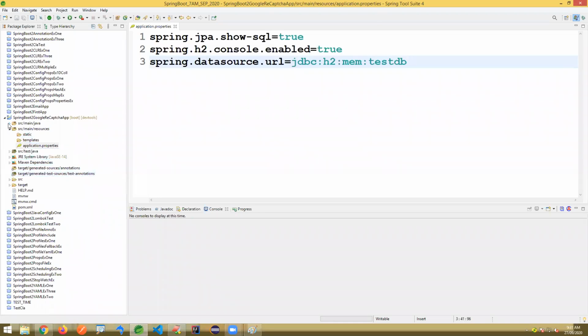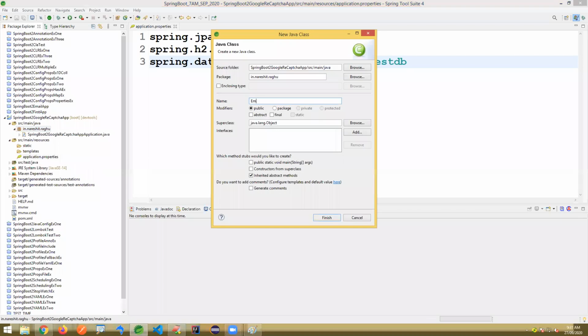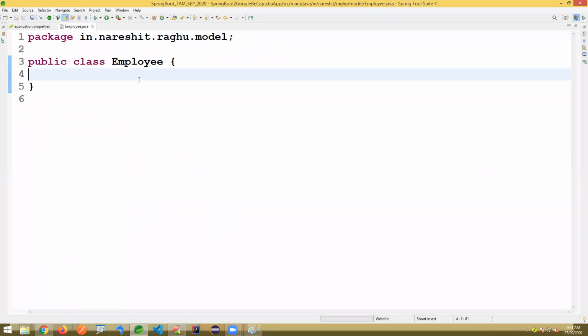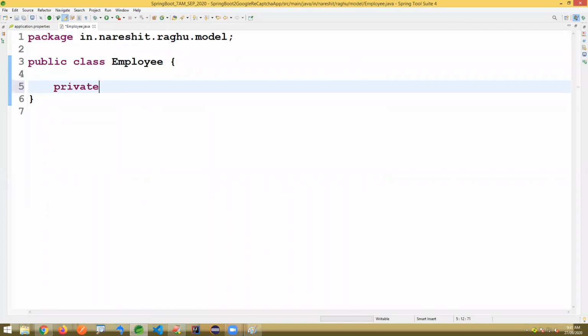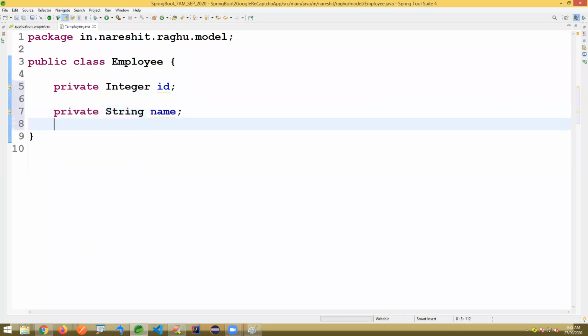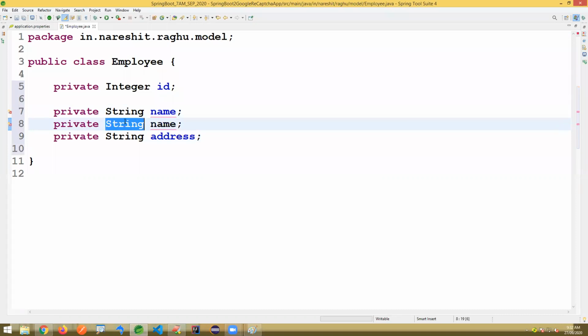Now, once that is done, I am writing one model class. Let me take a simple class, that is Employee. I want an employee registration form. In this employee registration form, we need to ask the end user, that is the employee, to enter the details here. One is ID. ID should not be entered, it should be auto generated. Second, I'm taking a private String name. Enter the employee name. Enter the employee address. And enter the employee salary.